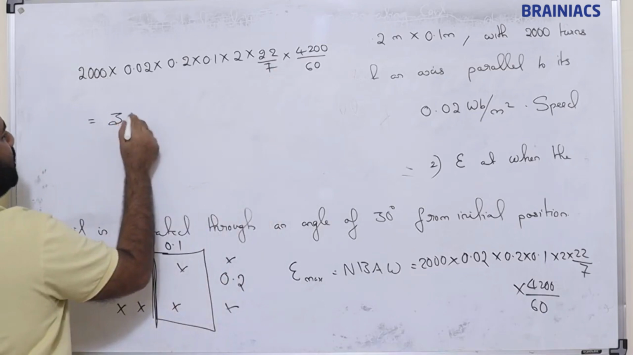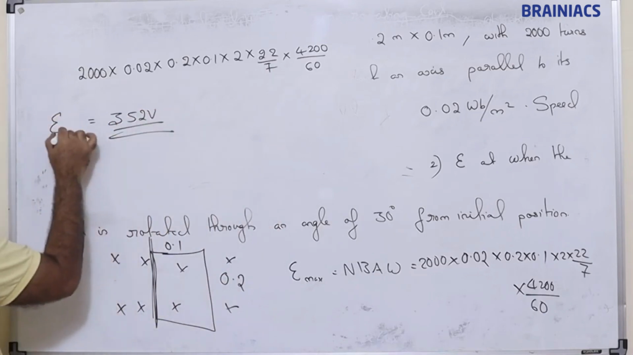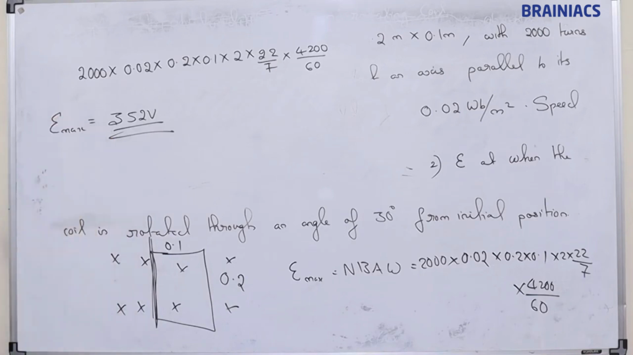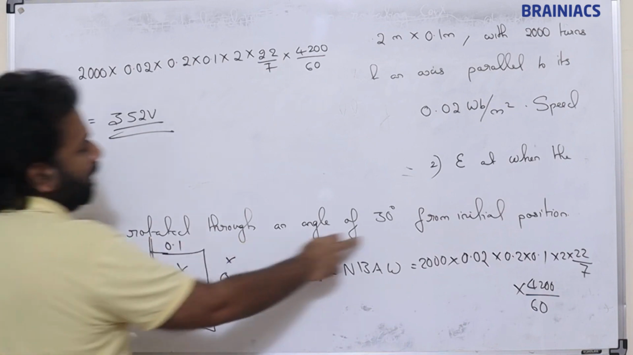Somewhere around 352 volt we will be getting. So this is the Emax. This is what is Emax. Clear? Now what they are asking, another question is, when the coil is rotated through an angle of 30 degree